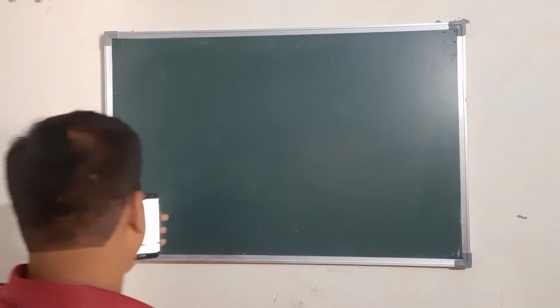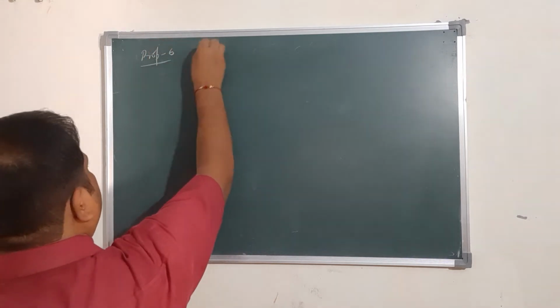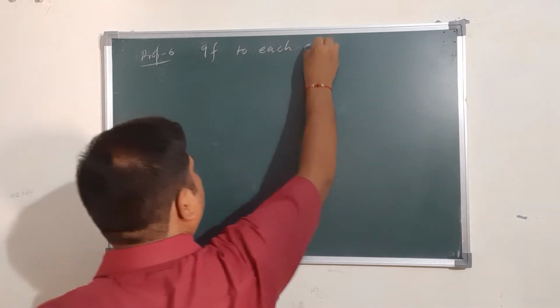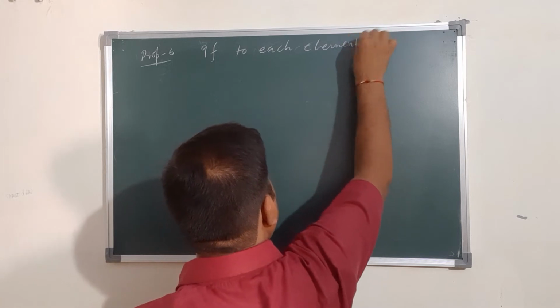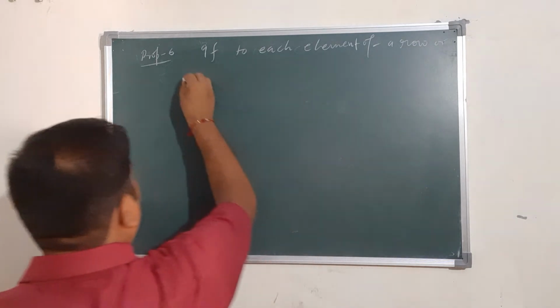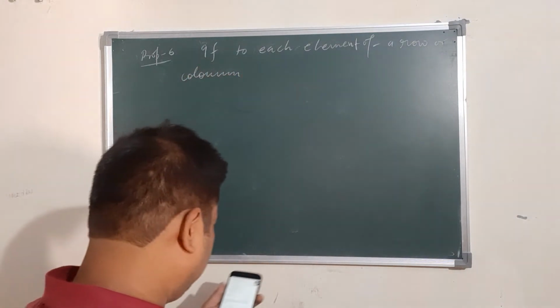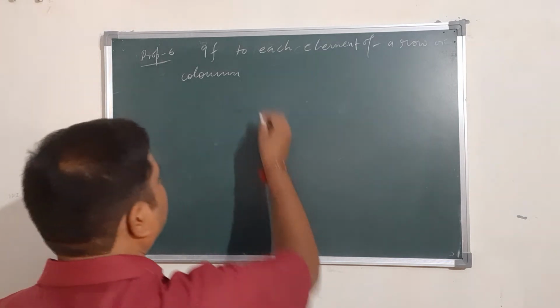If to each element of a row or column, each element of a row or column of a determinant,